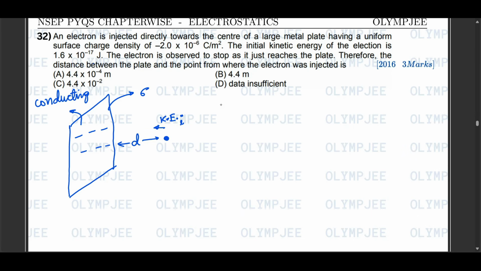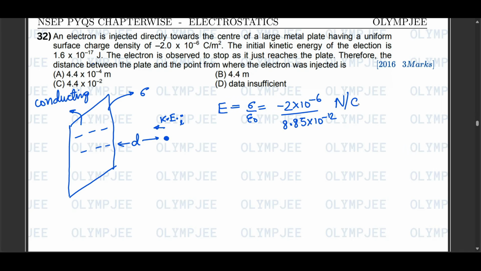So let us first calculate the electric field due to this plate, which is given by sigma by epsilon naught, and sigma is -2 multiplied by 10 raised to power -6 divided by 8.85 multiplied by 10 raised to power -12